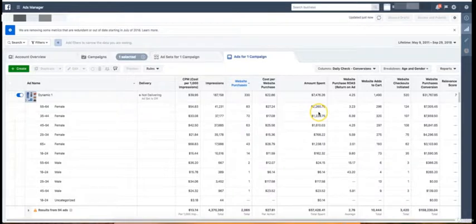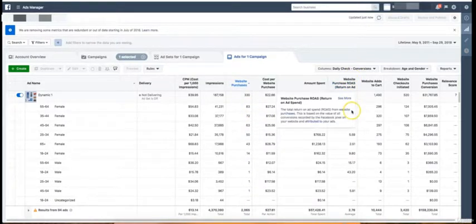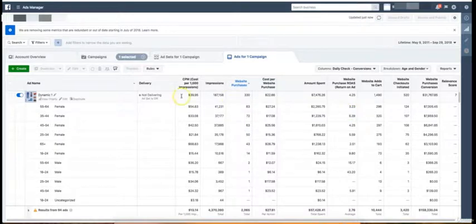Okay, so because I'm sorting down by website purchases, I'm going high to low, right? So this is going to tell me some key important metrics for my campaign. Okay, the first one is the number of purchases. Second one is the ROAS, the return on ad spend,